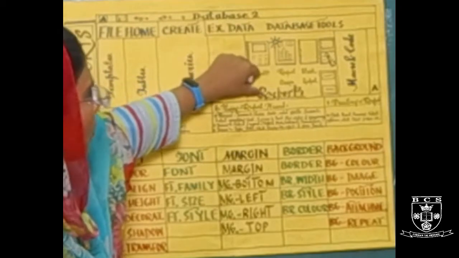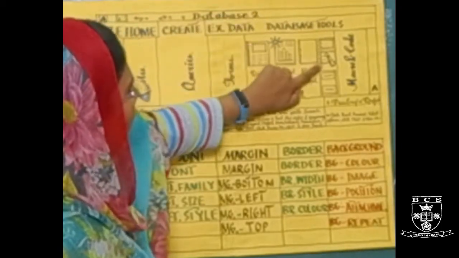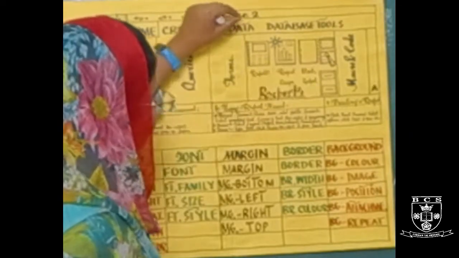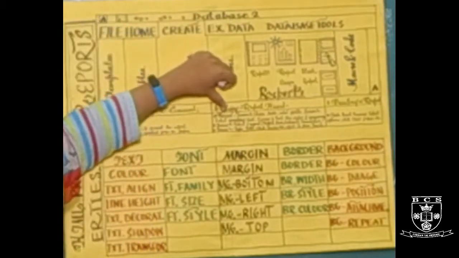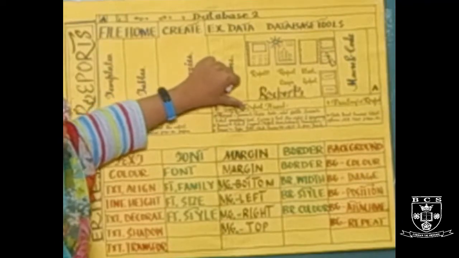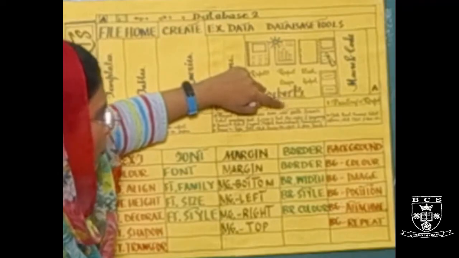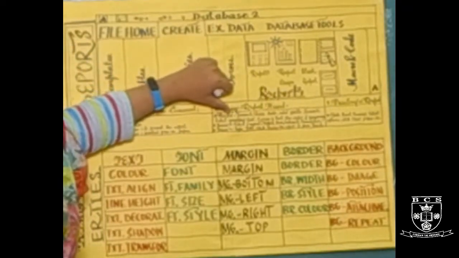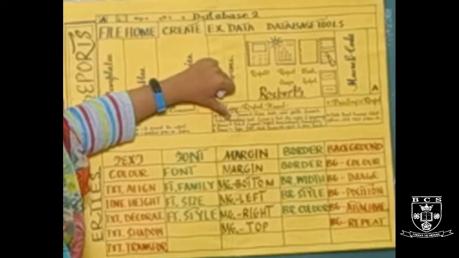The second method is using the Report Wizard. For using this option you will click this button, the Report Wizard button, and after that you have the wizard on the screen. There are five different screens for the Report Wizard. On the very first screen you will choose the table and then you will add the fields. On screen 2 you will select the grouping level, the category for which you want to make the report.